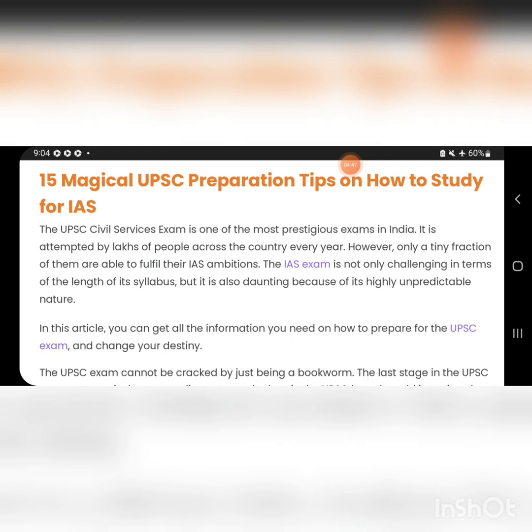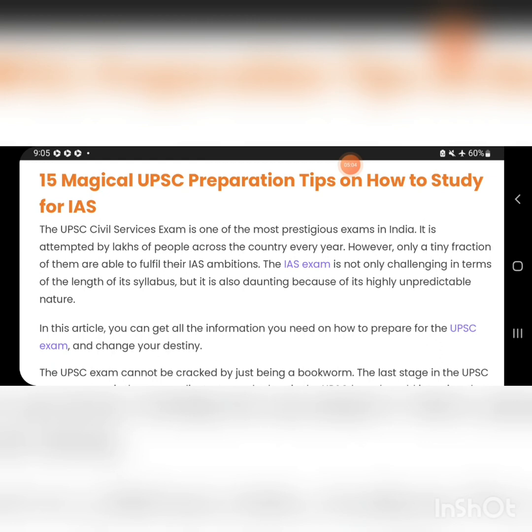The overwhelming share of general studies in the total scheme of examination warrants an extensive preparation of these subjects for getting qualified in the examination. Selection of an optional subject is also very important in the overall context. So my dear friends,